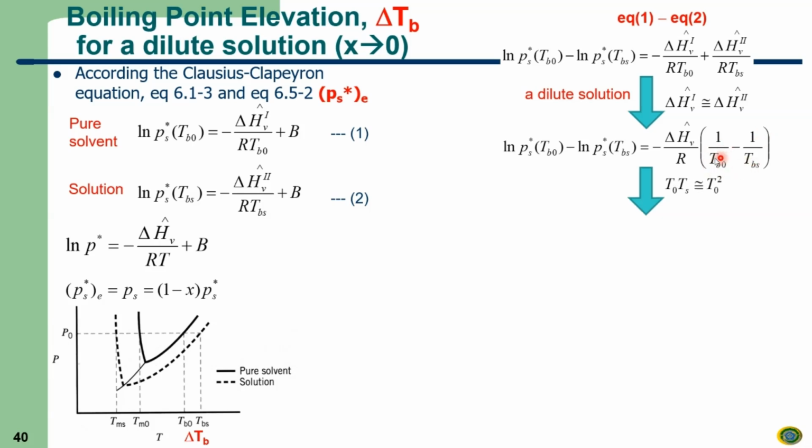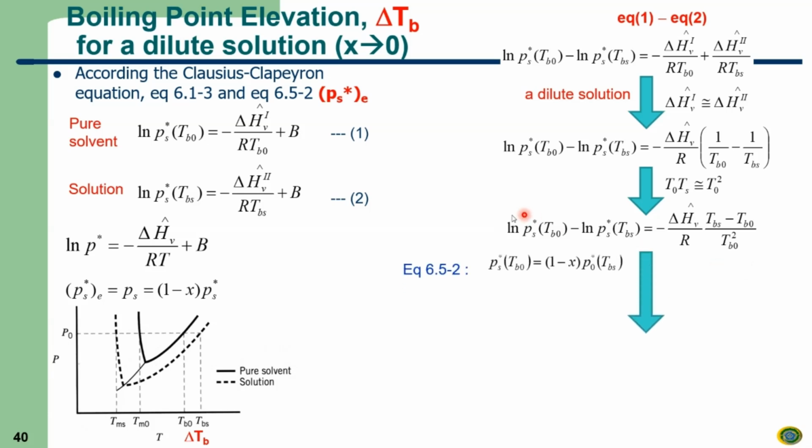if we rearrange this temperature T0 times T sub S, it will be very similar to T0 power 2. So if you do this and we rearrange this again, it will become like this. So we don't change anything on the left hand side. We just change this here. Okay? Right, and then